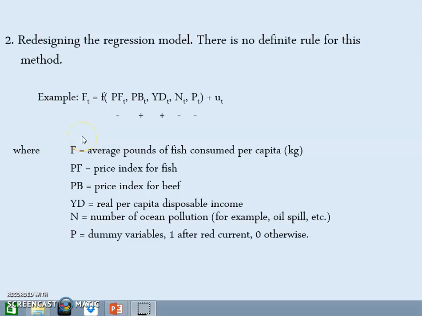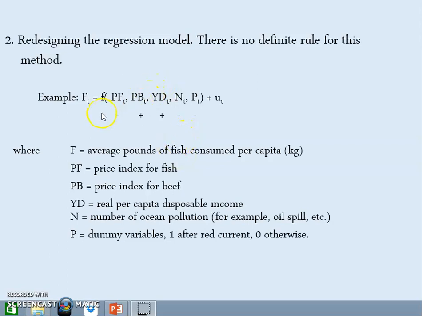The second remedial measure is to redesign the regression model, and in redesigning the regression model, there's no definite rule for this method. It depends on your readings, literature review, knowledge, and the theory behind the model. So, for example, here is a regression model where Y is the fish amount, the average pounds of fish consumed per capita